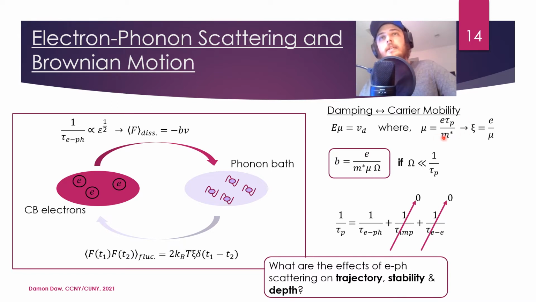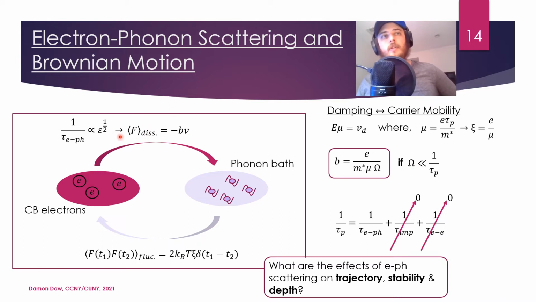So if this momentum relaxation time is very fast, then it says that an electron is going to lose any momentum information very quickly. And it essentially characterizes how quick the phonons are scattering with the electron. So if this omega is the frequency of the AC field we were talking about in the Paul trap, you want the phonon scattering rate to be much, much faster than the frequency of the AC field, because this dissipative